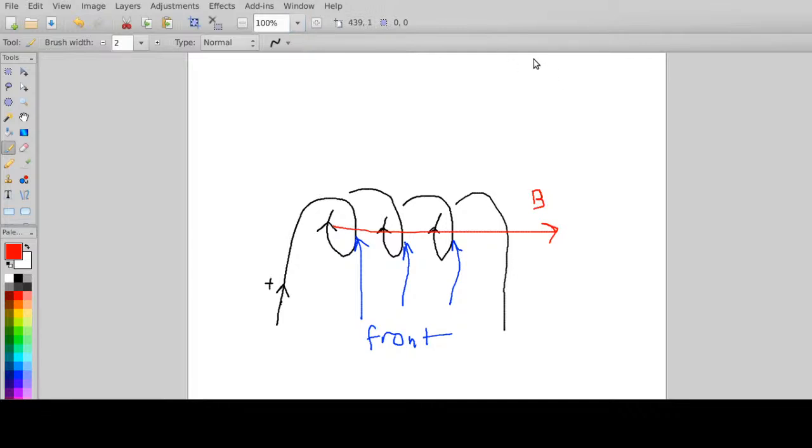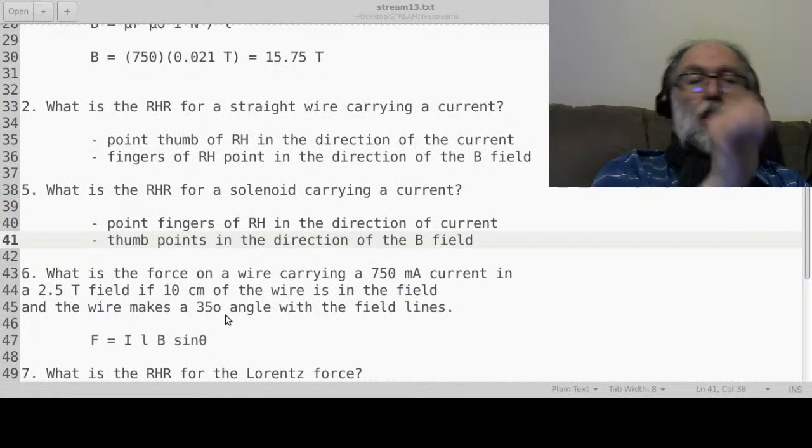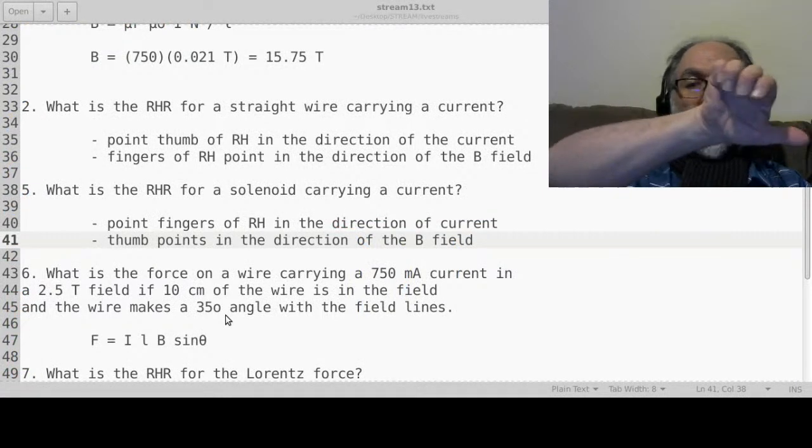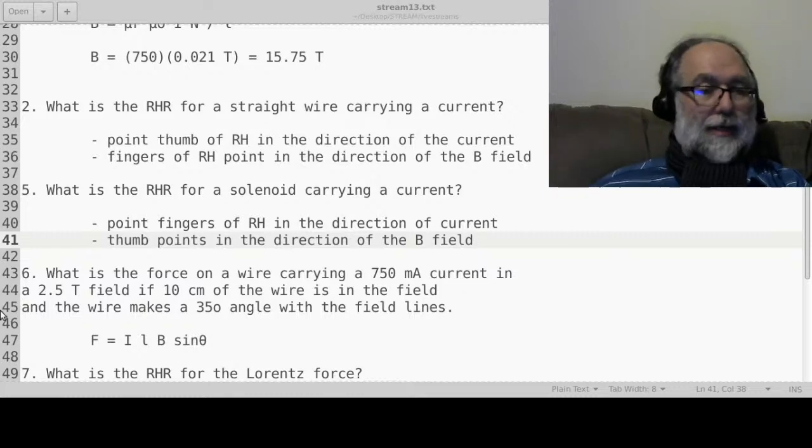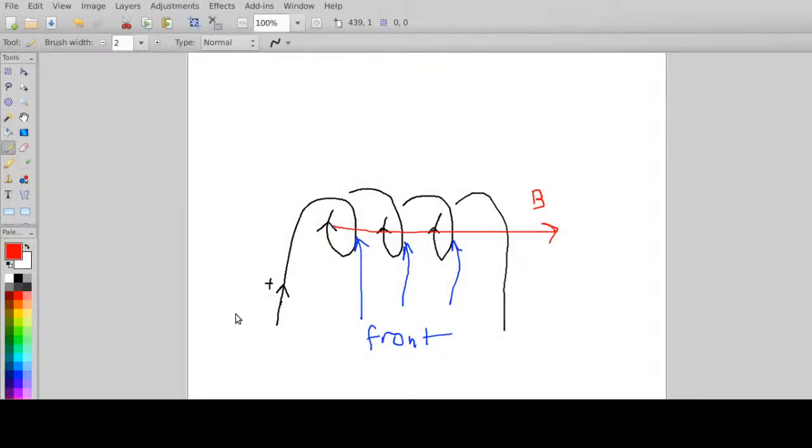I can't do both the whiteboard and my thumb at the same time. Maybe I can just do this. Let's see here. Oh, no, you get the mirror image. That's the problem. There's no way to do this easily. So right now, just imagine pointing your fingers up in the back, and then your thumb is